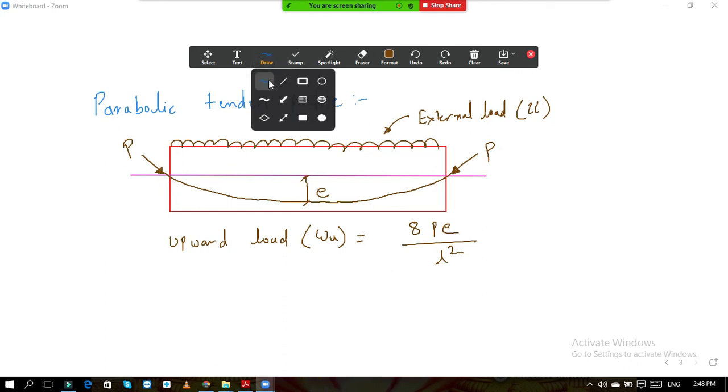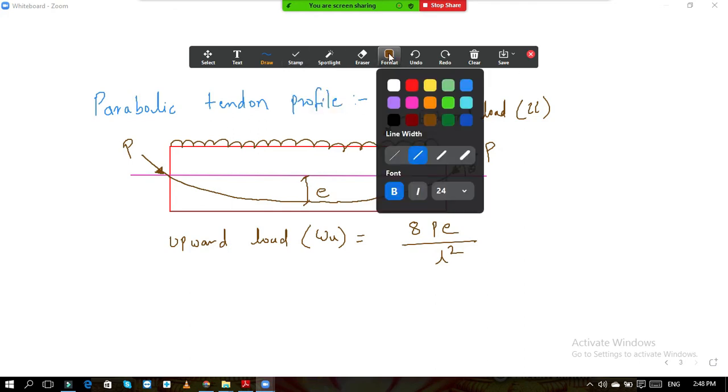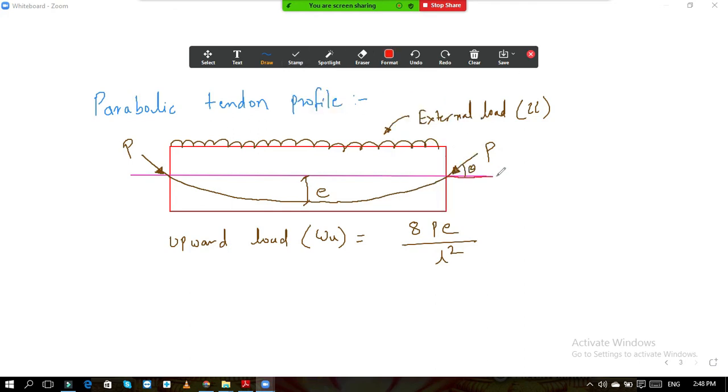See how this formula comes. So now see, this is again a small angle theta. If you resolve the force, this will become your P cos theta. As theta is very small, this will become P. Here also the same case is there. Don't bother about vertical forces. That will be taken care of by this upward force. So P cos theta is also nearly equal to P. This angle is theta.